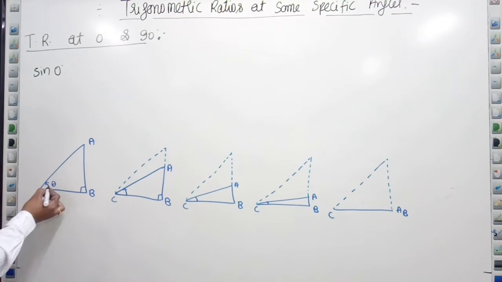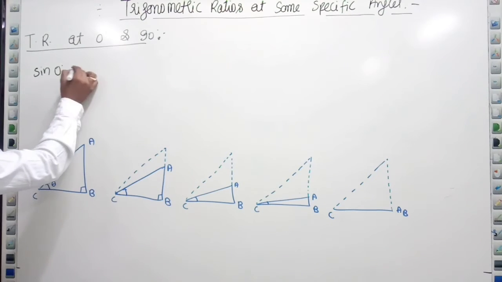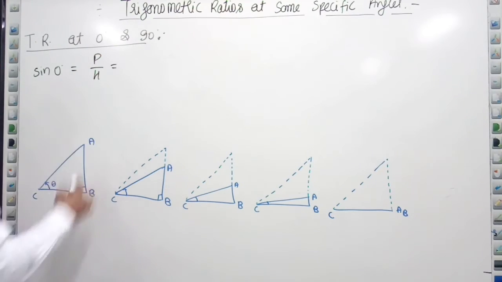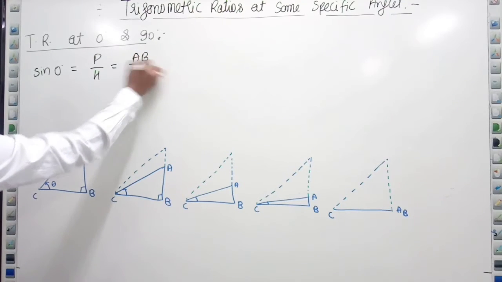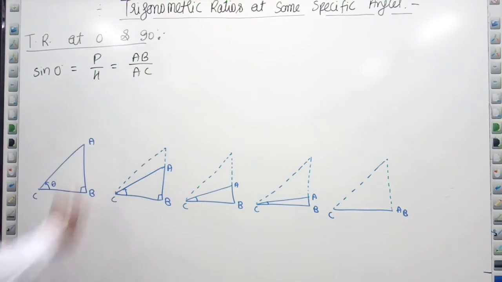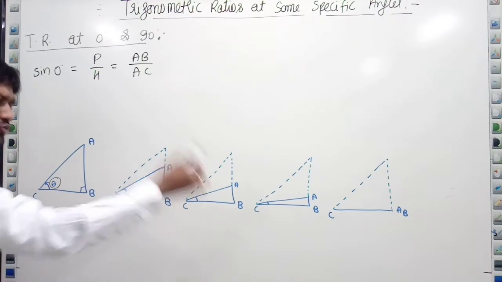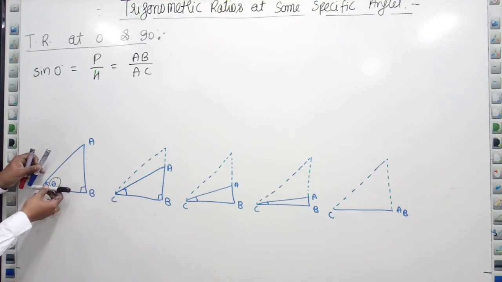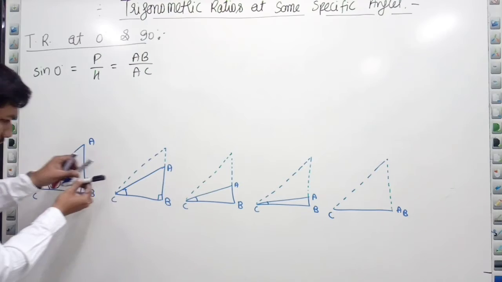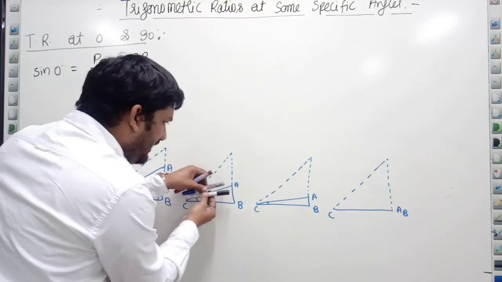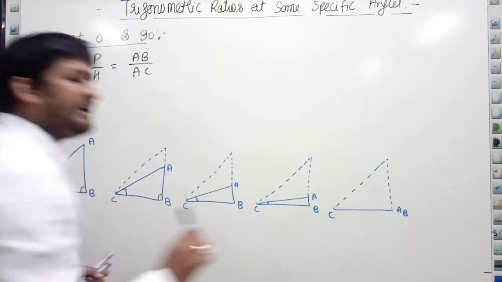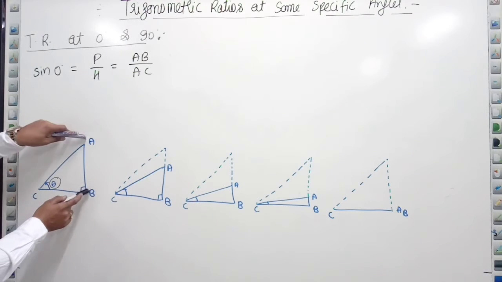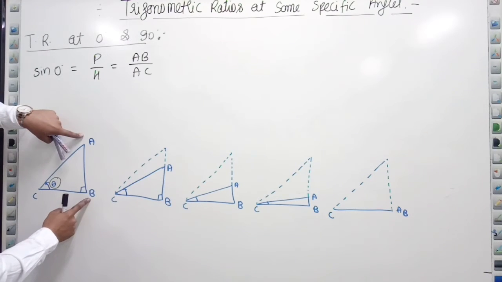Sin is what? If I take this angle theta as 0, I will be explaining. Sin is perpendicular upon hypotenuse. What is perpendicular? AB, and hypotenuse is AC. Now to make this angle 0, what should I do? I have done a process to make this angle 0. It's a simple thing. This is some angle. I have to make it 0. So look, I am going to reduce it. Reducing it, when I make it 0, you will find this A and B point will coincide.